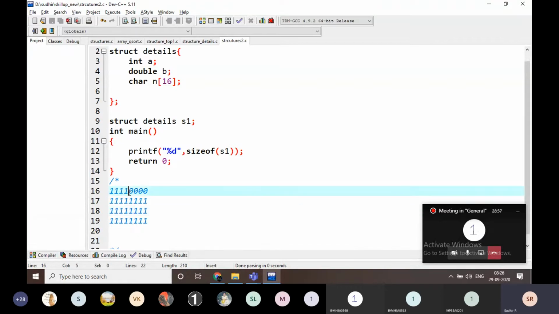The main point is bits padding. What is the bits padding concept? There is no need for all these characters. Only 4 bytes are required to write an integer.